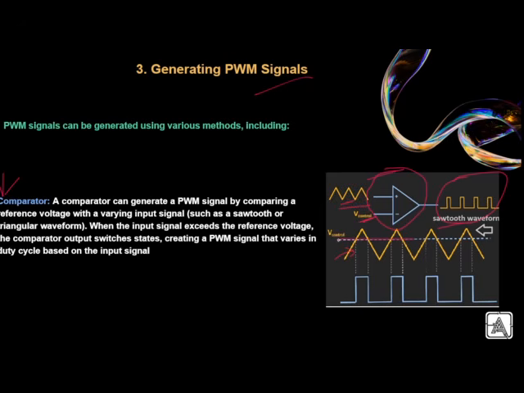Now when the V control signal is higher than the triangular waveform, then at the output side we are getting the low signal. Why is it so? Because what does the comparator do basically? If we have the majority negative at the output side, then at the output we will get the low, and if we have the positive greater than the negative value, then we will get